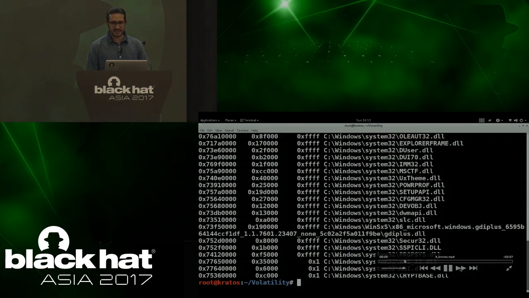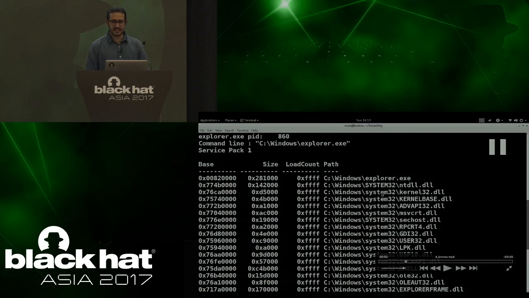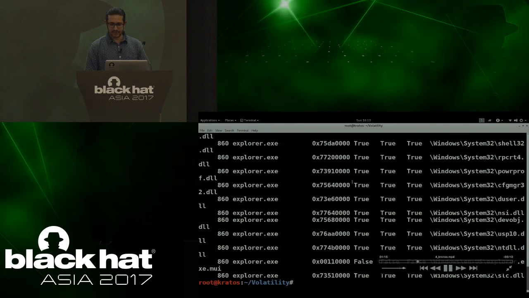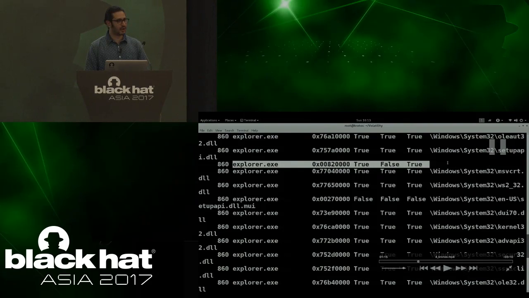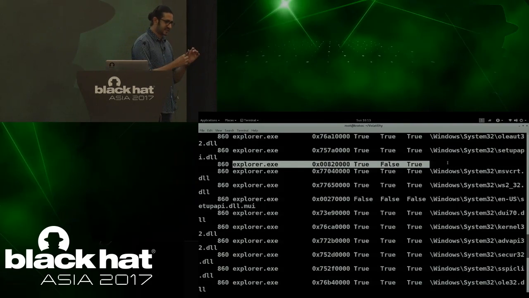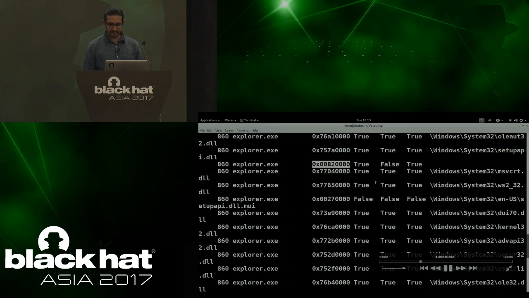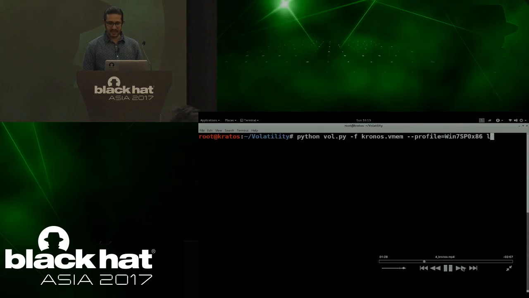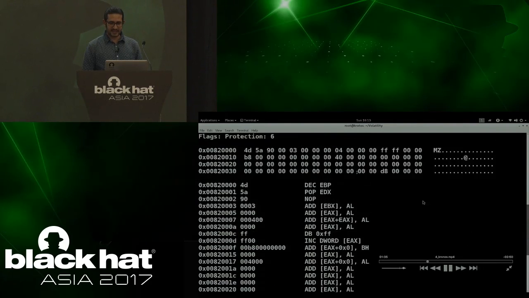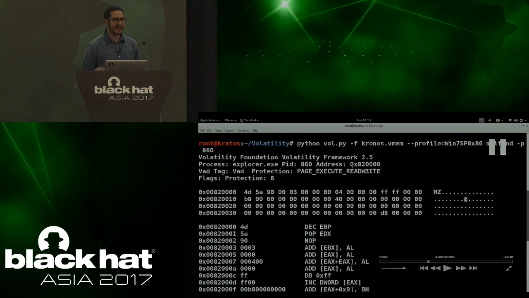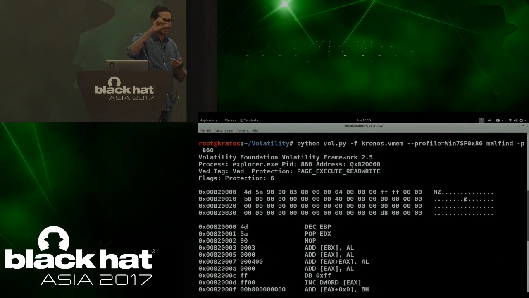What I want to show you is the discrepancy that it creates. You see that in the DLL list, explorer.exe is telling that it's loaded at this address, similar to Kronos. And the LDR modules will tell you that at that address there is no executable, again giving you a feeling of Stuxnet kind of hollow process injection. Then you might run the malfind plugin. Running the malfind plugin will only give you that region where the explorer.exe was loaded, which is a patched explorer.exe.